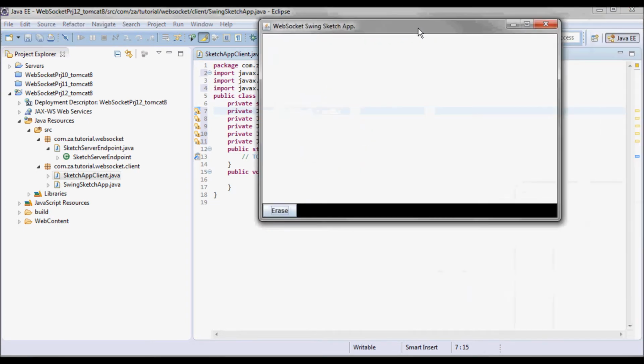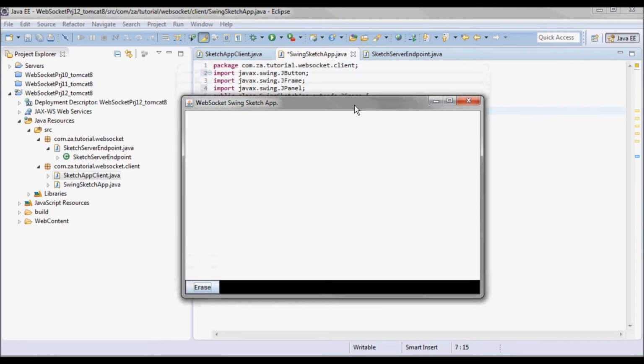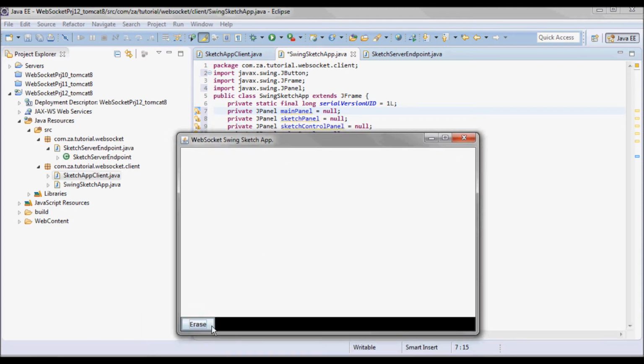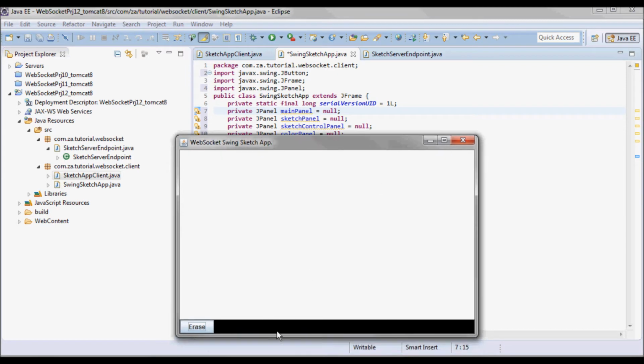So this is JFrame Swing Sketch app, the whole window, and then inside it we have a main panel, and inside the main panel we have this sketch panel, and then sketch control panel is both the erase button and the color panel. So this is the color panel and this is the erase button.